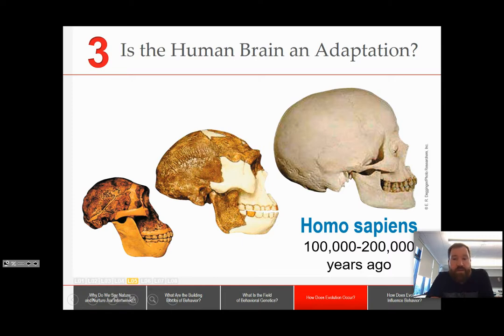Our abilities, complex reasoning, language, our problem-solving abilities are all things that made it more likely that we will survive. And those things are only possible based off of the brain that we have. So you could argue that the human mind is the most important adaptive thing that has ever happened because it allows us to control our environment and understand it.